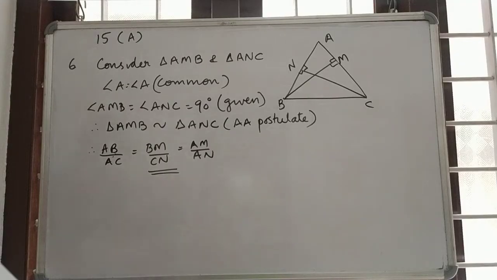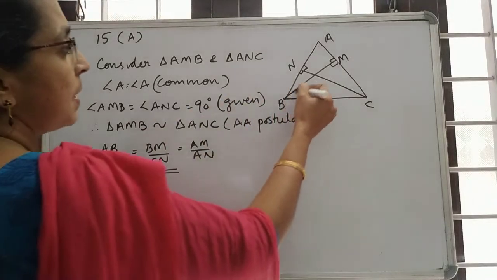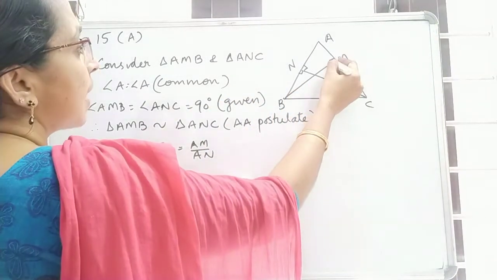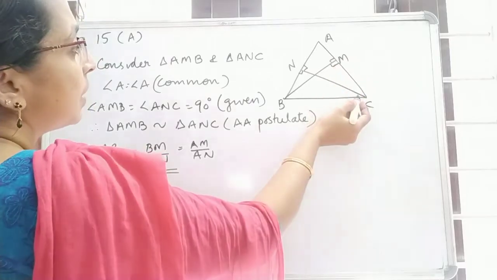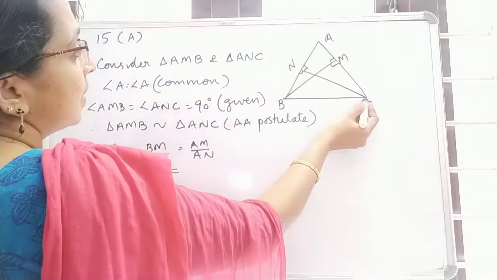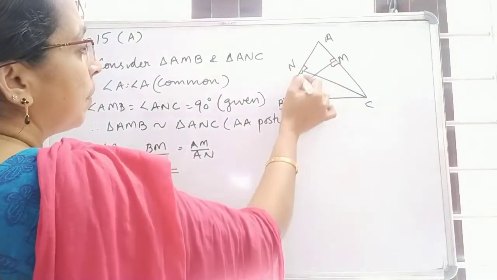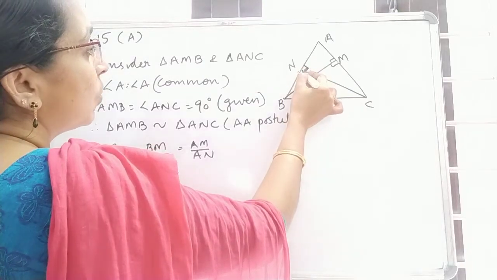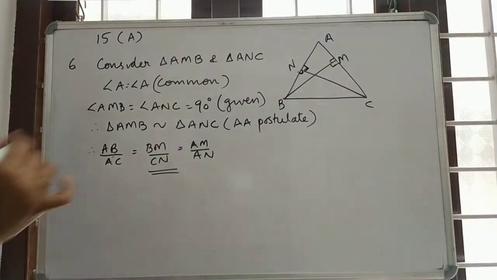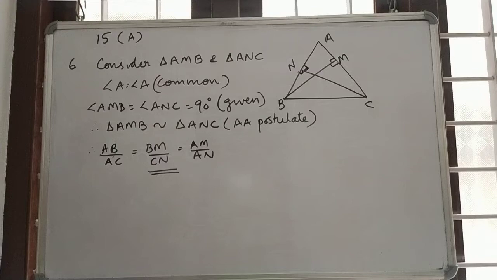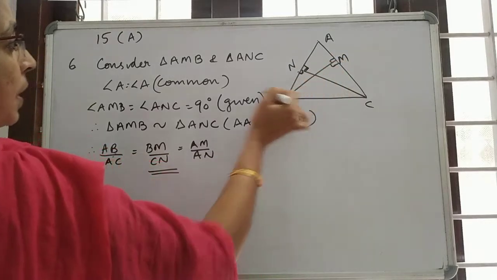Given BM perpendicular to AC. Since BM is perpendicular to AC, this angle will be 90 degrees. Similarly, given CN perpendicular to AB, so this angle also will be 90 degrees. So it is given there. Consider triangle AMB and